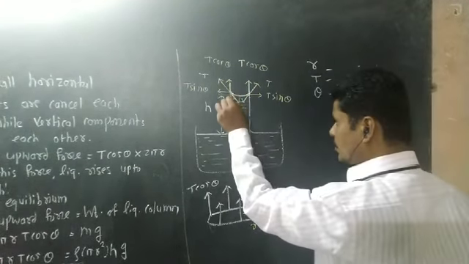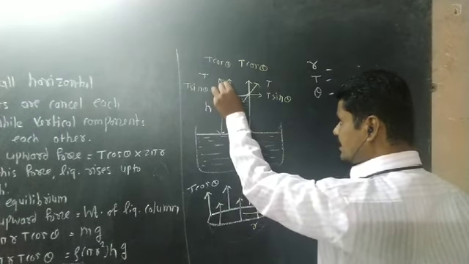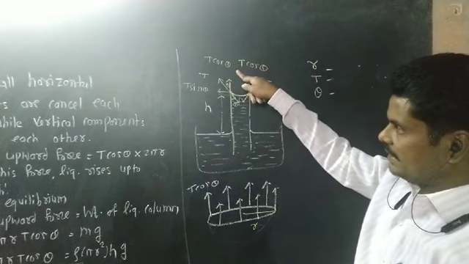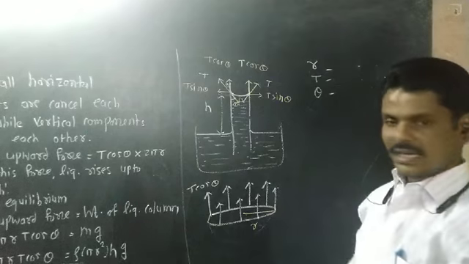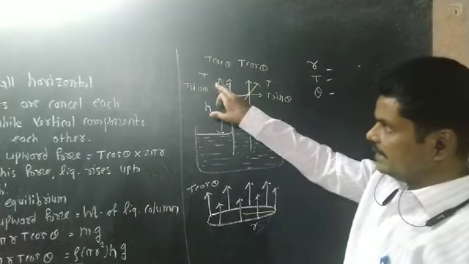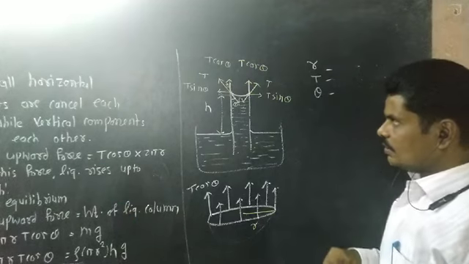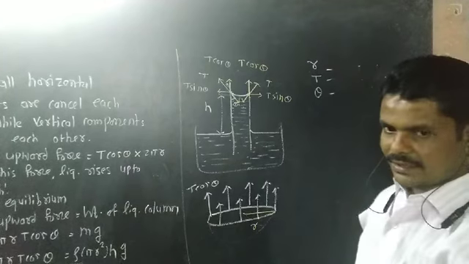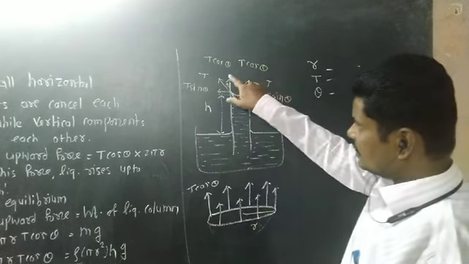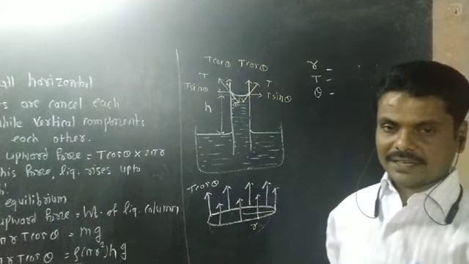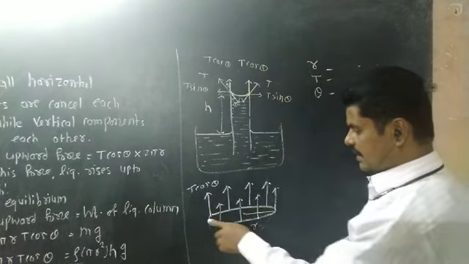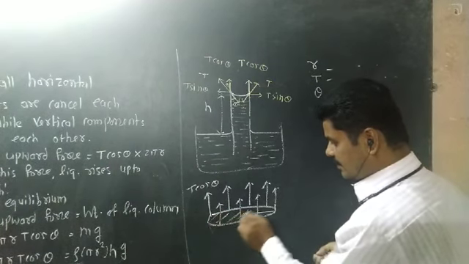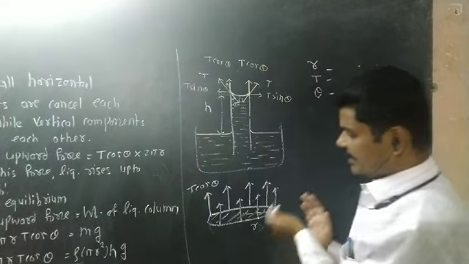Now this is the angle of contact theta, and therefore this angle is also theta. That is, the angle made by this reaction force with the wall of the capillary is theta. Now I will resolve the force T into two components: the vertical component T cos theta and the horizontal component T sin theta. Now this T cos theta acts on every molecule on the meniscus. I will show here. This is the actual meniscus formed inside the capillary, and this is the concave meniscus.